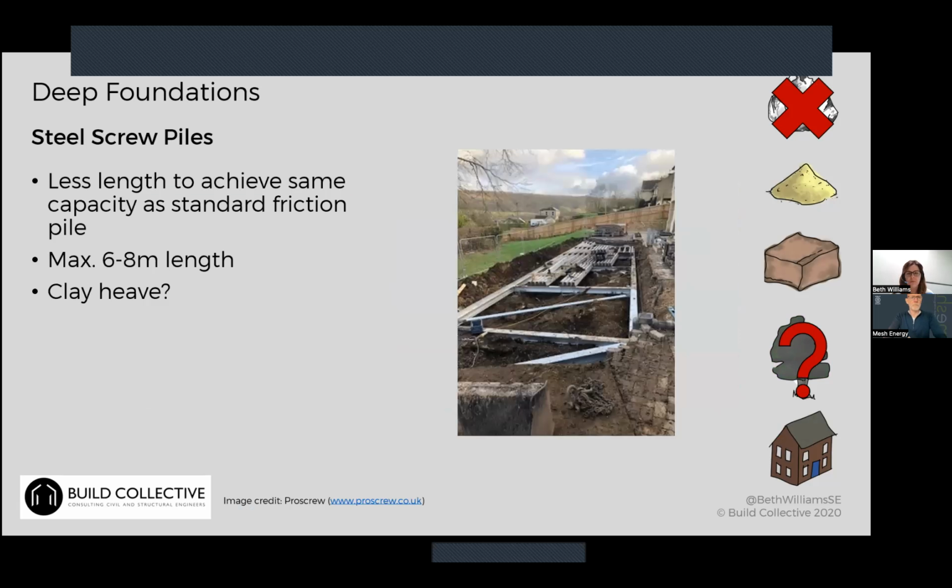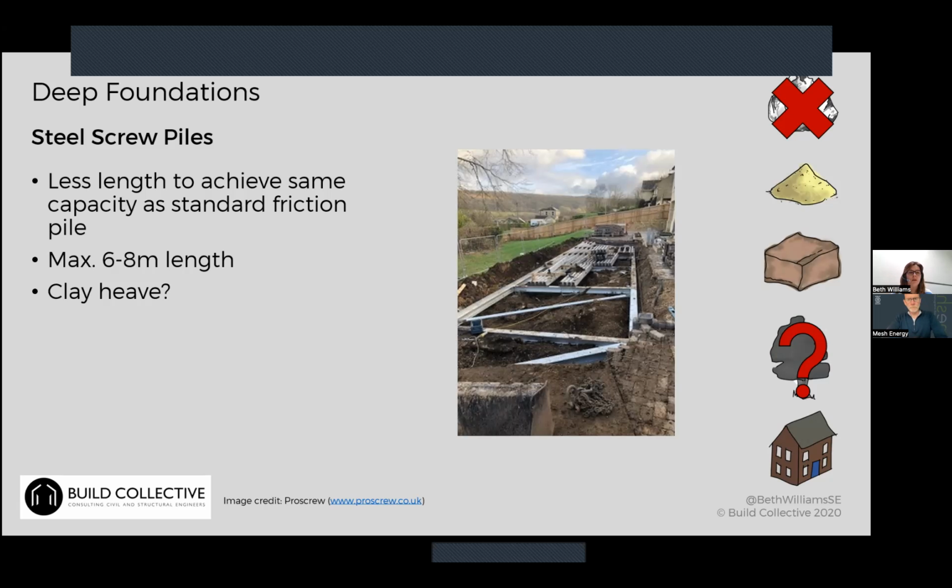Yeah, so steel screw piles. If people come to me wanting to do concrete-free foundations, they're generally wanting to do screw piles, which are an option. A screw pile has a thread on it, so you need less pile length to achieve the same capacity that you would get from a fully friction pile driven into the ground. They come in one length, the design length that you need them to be on the site, and you can get them up to 6-8 meters, depending on what you're loading and what your